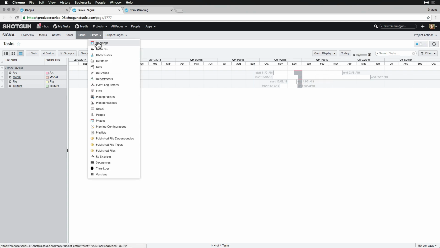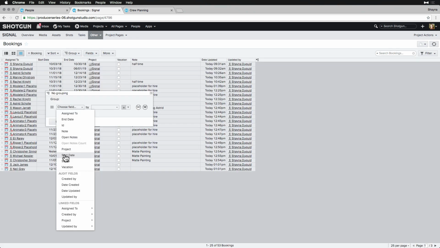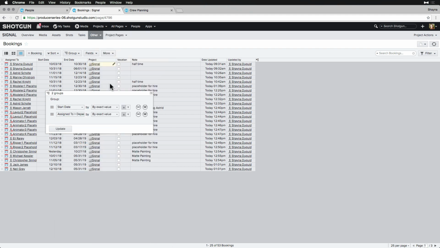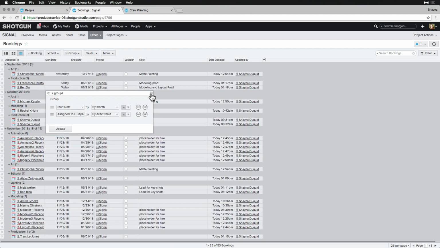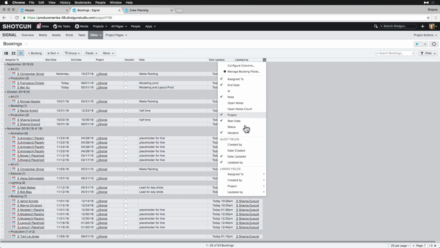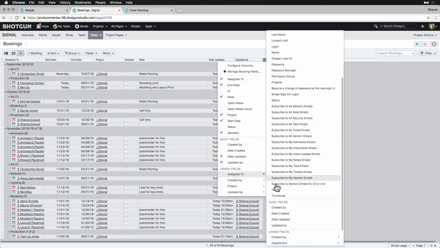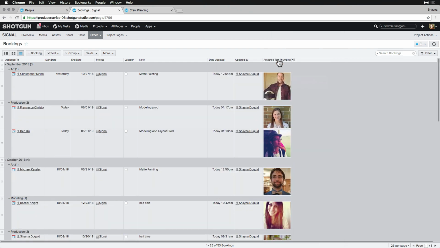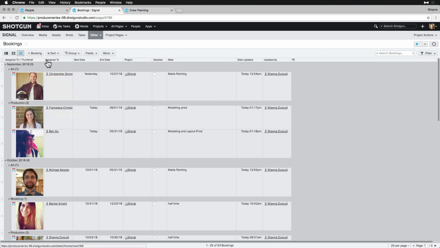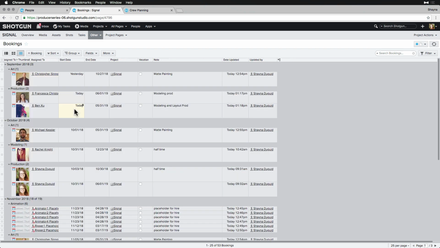Lastly, crew planning components are stored in the booking entity, meaning that we can view, create, update on a list view page rather than in the crew planning app, in case we'd like to visualize this information in another way. All updates made here connect directly to the crew planning app. This information is also handy for developers since booking records can be accessed via the Shotgun API.